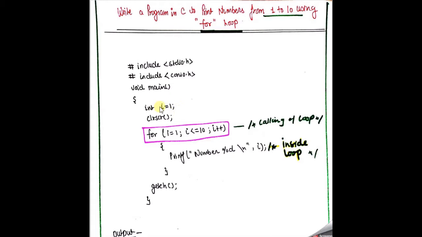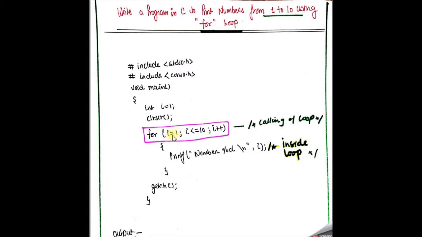If you declare int i; here, then you can write the for loop with i = 1. Why do I write the 1? Because I want to perform it from 1 to 10. If I want to print the values from 5 to 10, then I have to write i = 5, because I want to start printing from 5. If we want to print from number 9, then I have to initialize the i variable with the number 9 only.